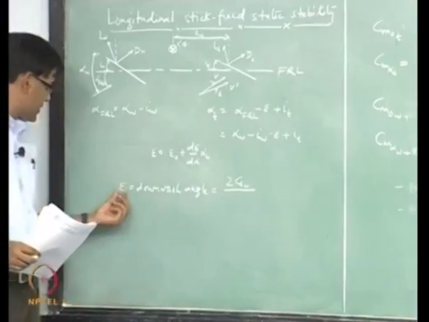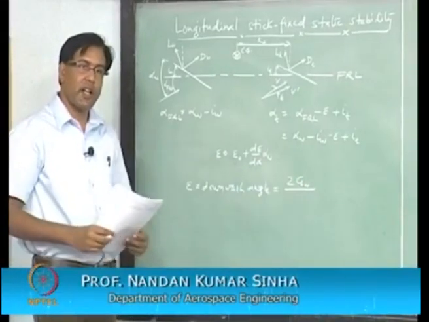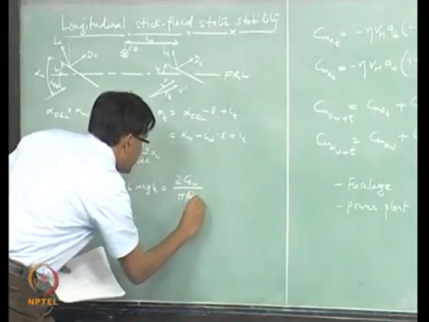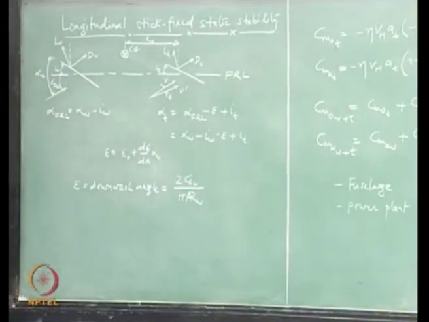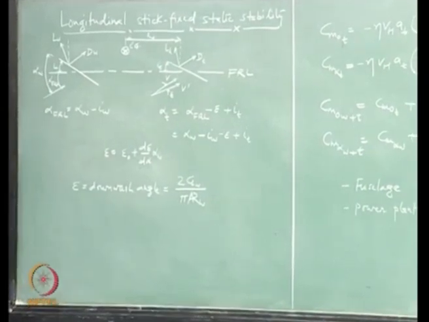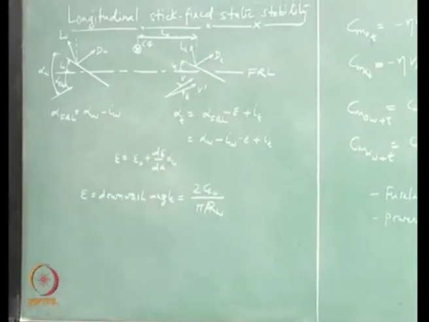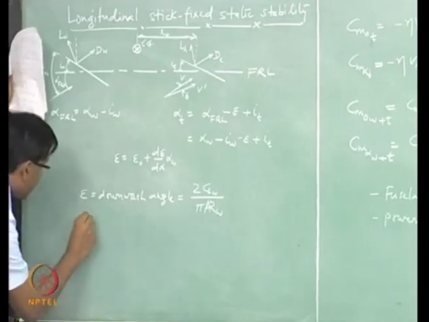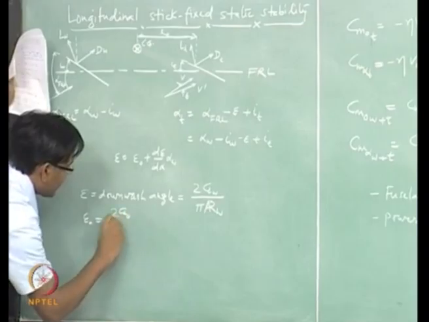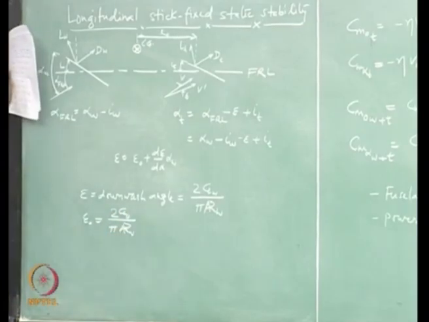So there is a relation between downwash angle, lift coefficient of the wing and the aspect ratio of the wing, right, it's like this. So I want to find out what epsilon naught is and what this derivative is, right? So epsilon naught is nothing but